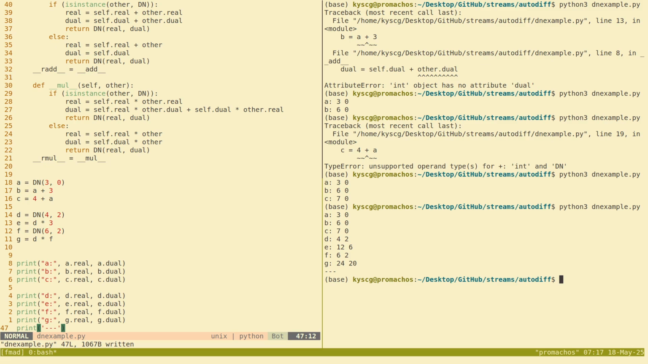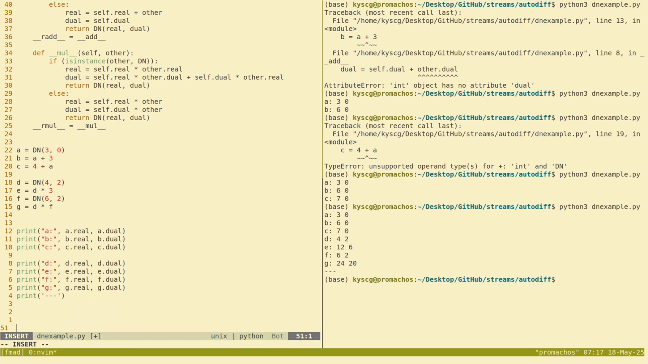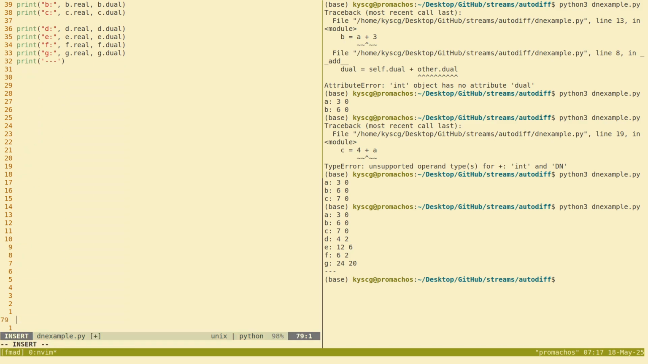There we go. So D was 4, 2. E was D times 3, so 4 times 3, 2 times 3. F was 6, 2. And D times F is 4 times 6, 24, and then 6 times 2, 12, plus 4 times 2, 8. So 12 plus 8 is 20. All of this works. And then finally, we will do some exciting